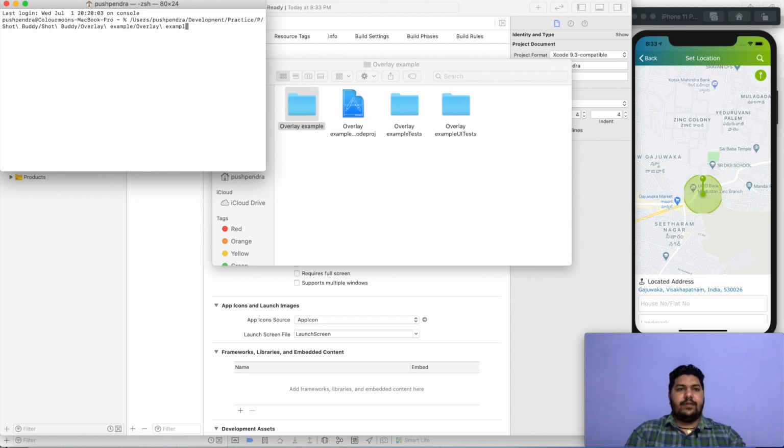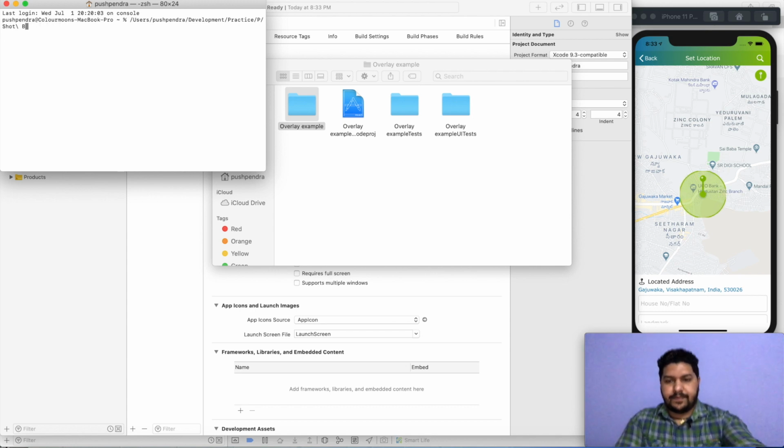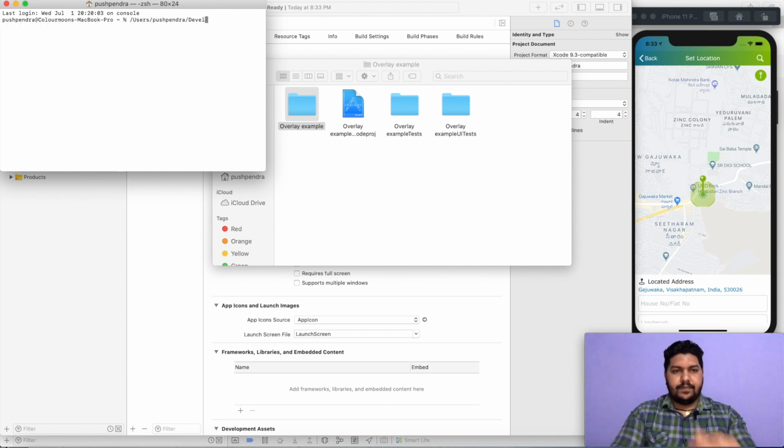Then cd and paste the new address, and delete this one, because we have to navigate to the root folder.